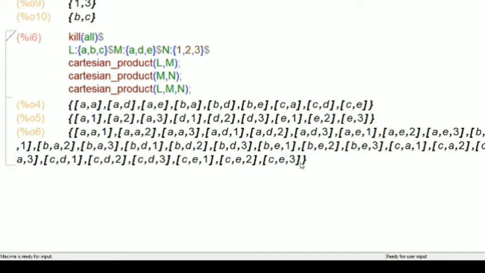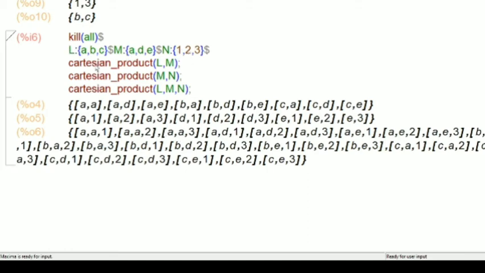This is the Cartesian product of M and N, from output line 6 to here. This is the Cartesian product of L, M, N. First it finds the Cartesian product of L and M. That's why see here, A with 1, A with 2, A with 3.